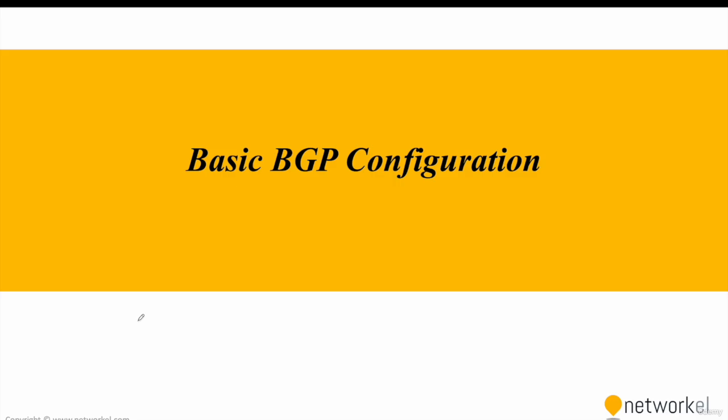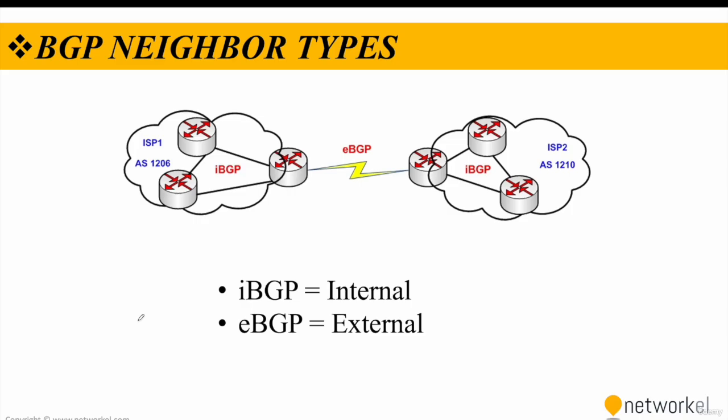In this video, we will talk about basic BGP configuration, guys. The main functionality of BGP is routing between different autonomous systems. It can exchange routes within the same autonomous system as well. So there are two main BGP protocols, and they are eBGP, which is used for routing between different autonomous systems